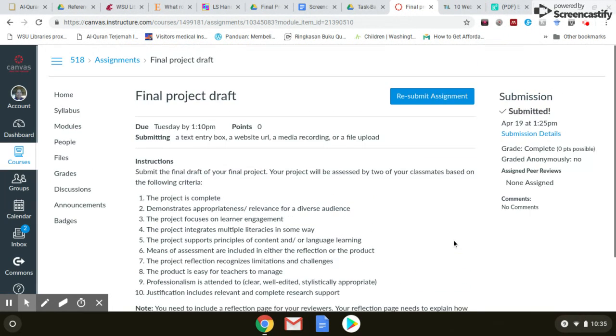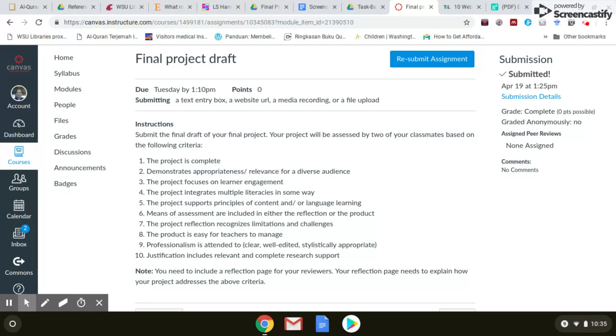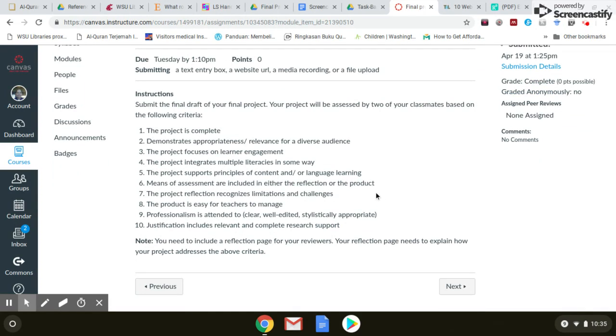So again, I hope this explanation through this video, why I use screencast technology, more specifically Screencastify, can really tell you the